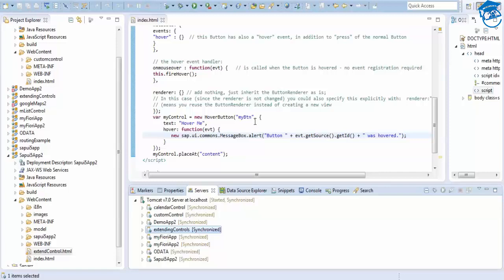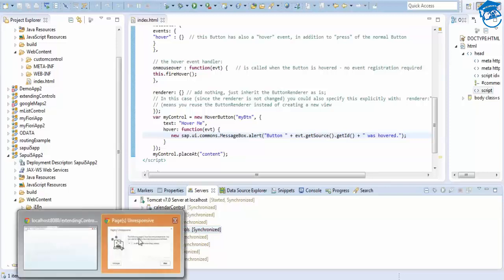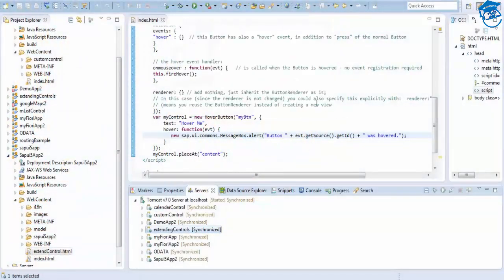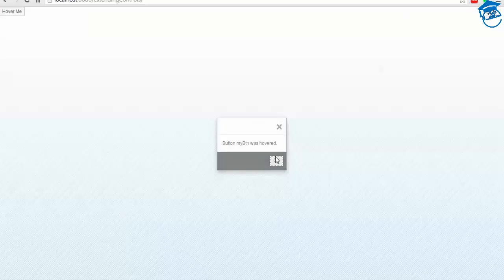Now we'll see a new control, that is the text field. When I show it, the button comes. Okay, I'm going to refresh it and I'm going to add a text field now.